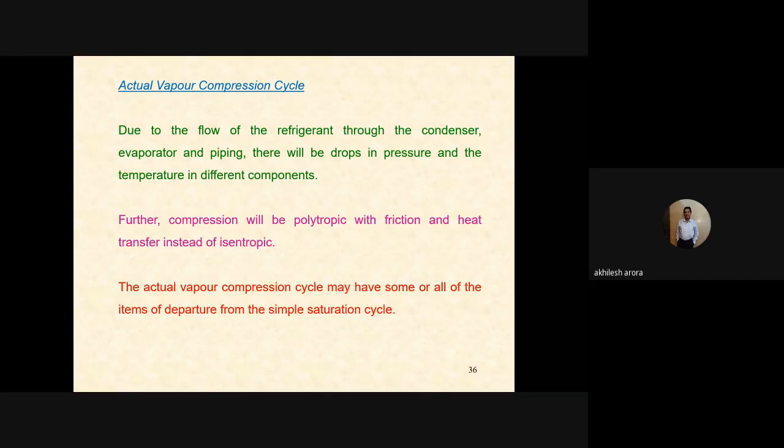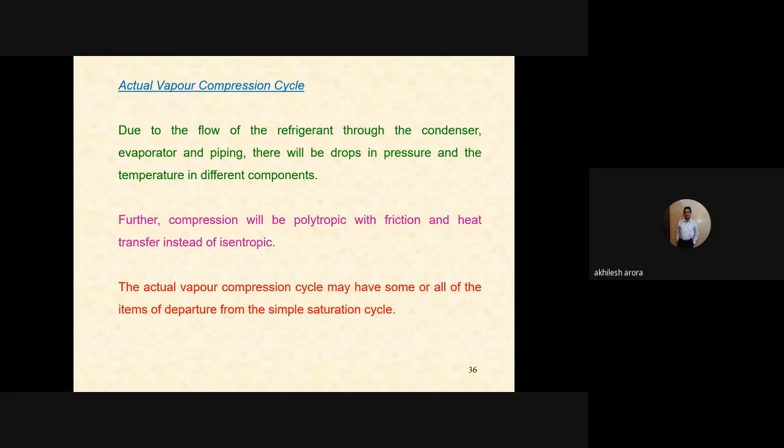Now what happens? We have considered the effect of the many parameters. For example, we started from the effect of reduction or increase in the evaporator pressure. Then we have discussed the effect of the condenser pressure. We have also discussed the effect of subcooling, superheating, and then we have also talked about the liquid vapor heat exchanger. Actually we have discussed these effects individually, but in a real system all these things will happen simultaneously, and it won't be a theoretical cycle actually.